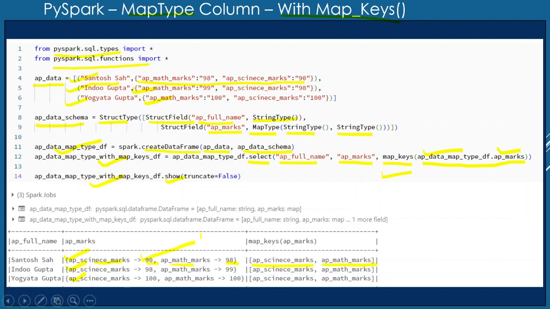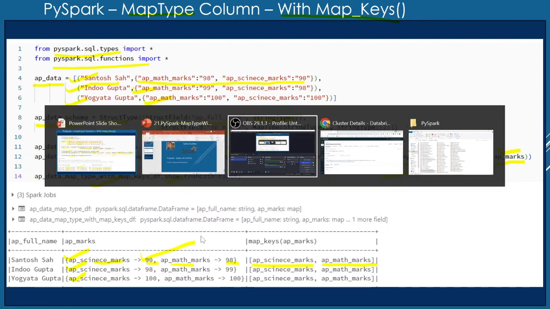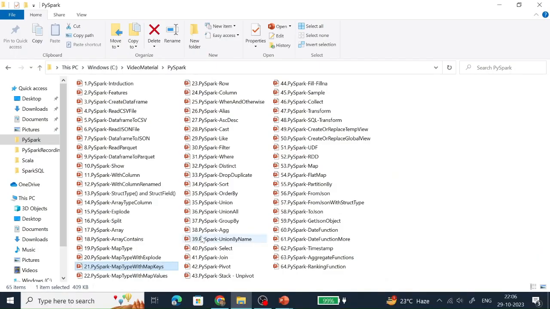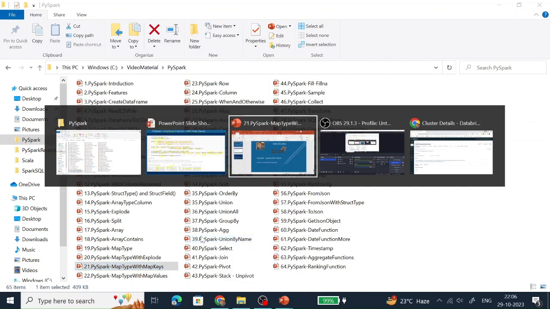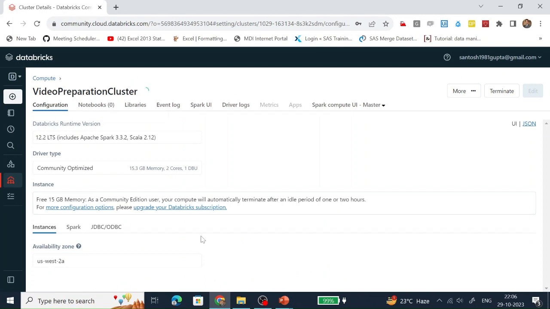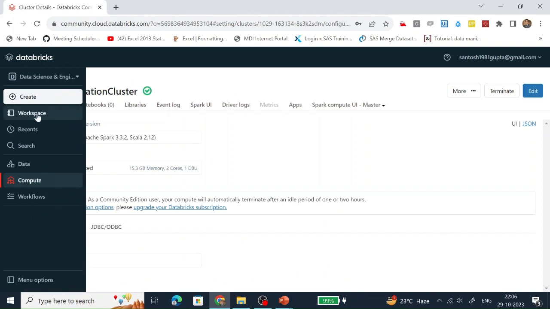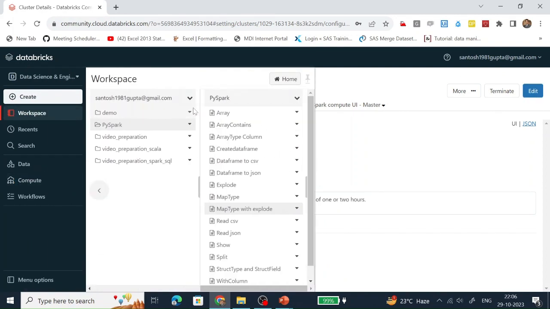Let's see how it works in Databricks. Let's create a notebook.